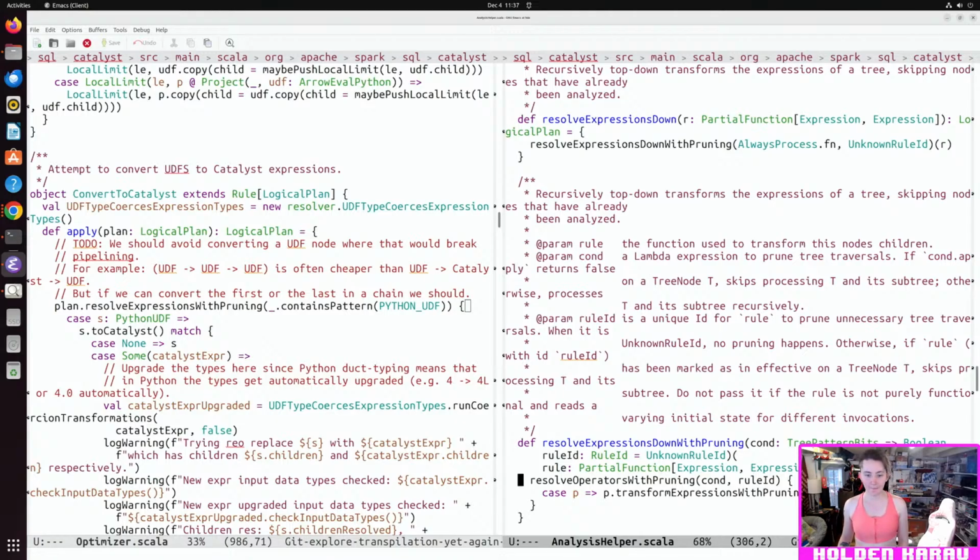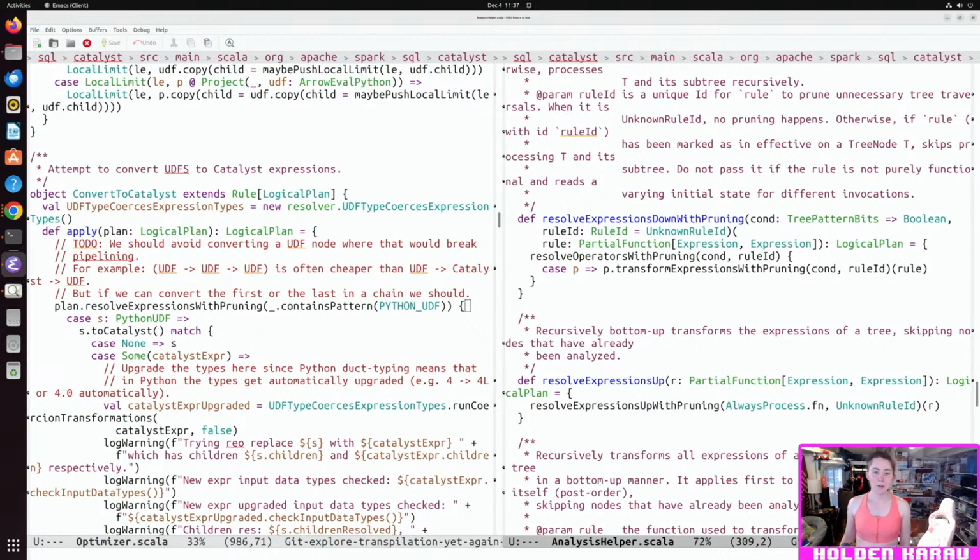Resolve expression down. So I think we're going to write, okay, so if the parent is UDF, utilities parent is UDF.